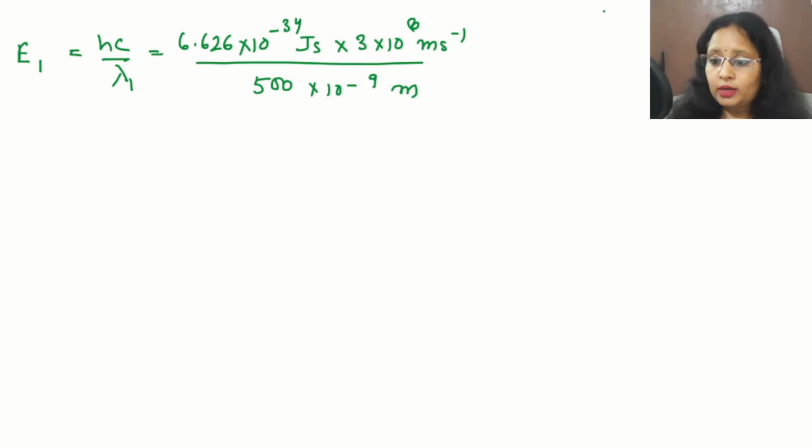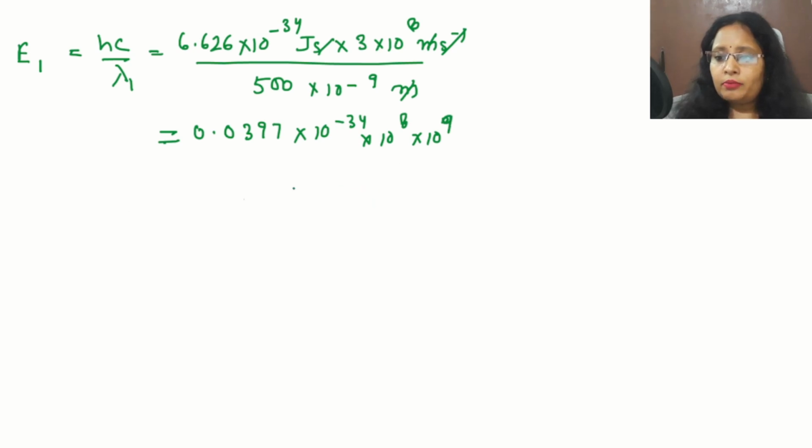Now start doing the calculation. Meter cancels out, per second cancels out, and we'll multiply 6.626 into 3 divided by 500. We will get the value 0.0397 into 10 to the power minus 34 into 10 to the power 8 into 10 to the power plus 9. It becomes minus 9 from the denominator, which will become plus 9, and now the answer is